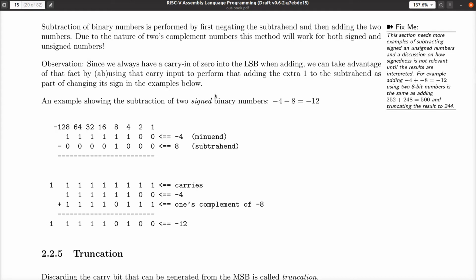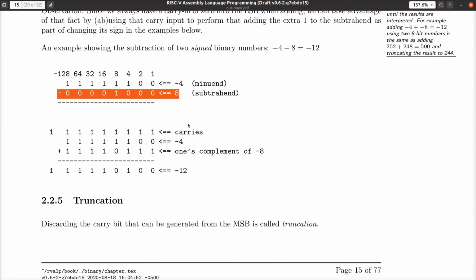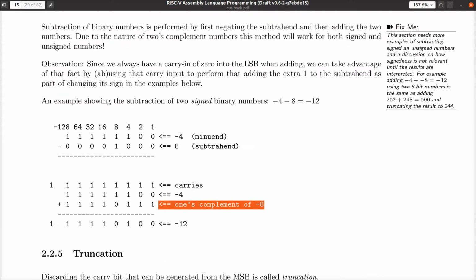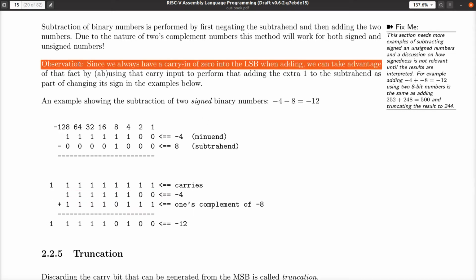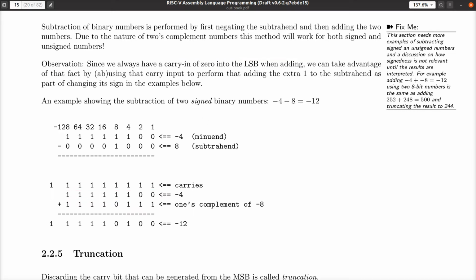So what do we need to do? If I want to calculate, in this case, -4, and I want to subtract 8, well, that's the same thing as -4 plus -8. So first thing I need to do is calculate the 1's complement of -8, and then I need to add 1 to that in order to get to the 2's complement. Then I need to add that lot to the -4. All right, now let's come back to this comment right here. Since we always have a carry in of 0 over here,